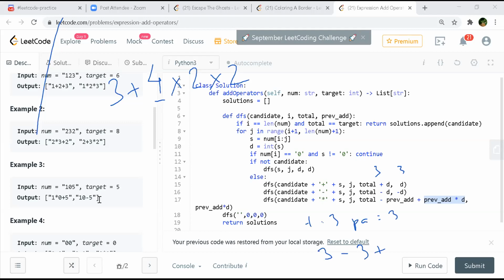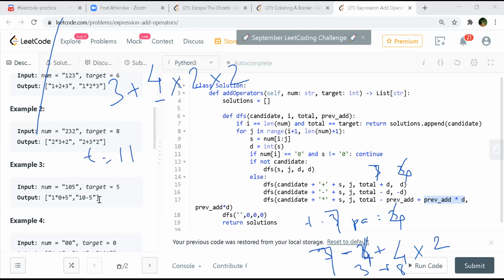So again, you go to 4 here. So this will be 3 and this will be 7, and this will be 4. So this will be 7 and this will be 4. In this case, it is 7 minus 4, and then you have 4, and the current will be 2, right? Yeah. So you are subtracting this one. So you will have 3 plus 8, which is 11. So now the total will be 11.